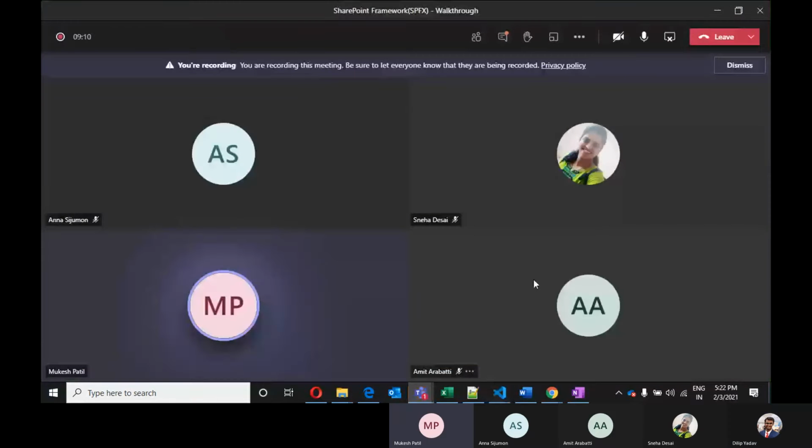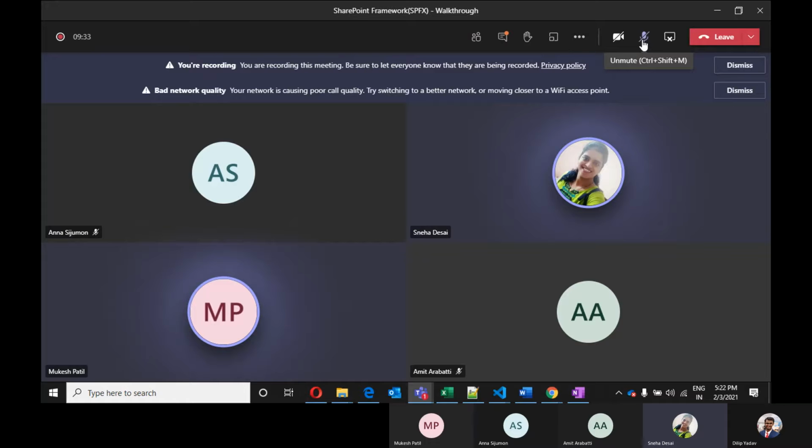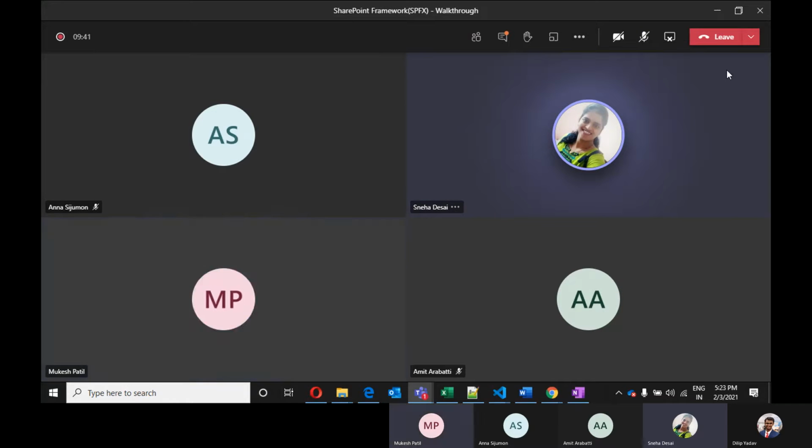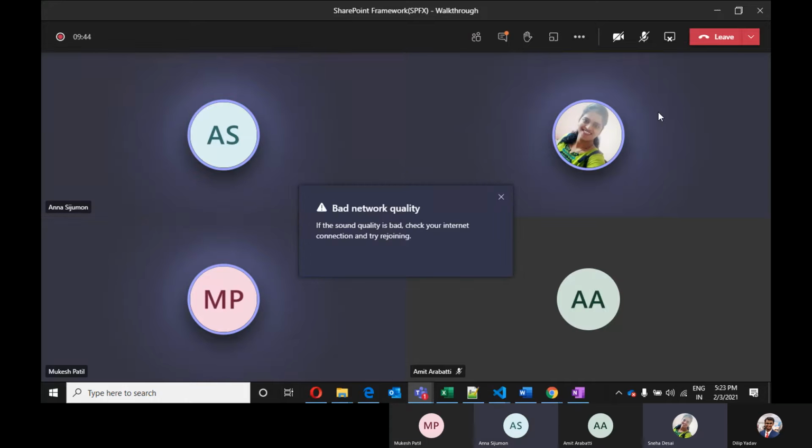Hey, Sneha and Anna, I'm not sure whether you have created SPFx web parts before. So if you want Dilip to walk you through that screen as well, just let him know. I guess Mukesh, let our setup be ready. I guess Anna's setup is also in progress. So once we get through that, and we try something, we can have one more session where we can discuss our queries with him. Will that be a good idea? Right now we'll try to understand. Okay, Anna, like if Anna wants those steps.